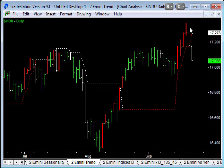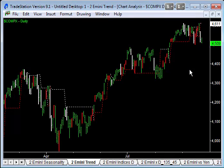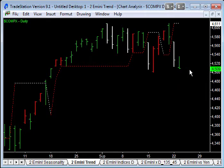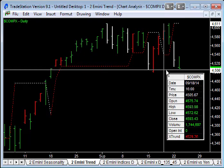We had a series of four of those going on the Dow, and now we've broken into a downtrend. So the bottom of this range is absolutely key. The Nasdaq and the Russell have been the weakest, the Russell particularly weak, and then we rolled around, and so now we're down here on the Nasdaq,